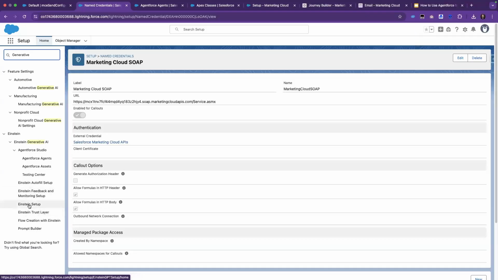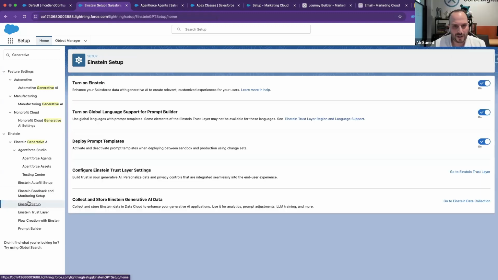Okay. So go to Einstein setup, make sure all these toggles are turned on. So turn on Einstein, turn on global language support for Prompt Builder, turn on deploy templates. All these are essential for Agentforce to work. And then once that's been turned on, please remember to refresh your page. You'll then go into